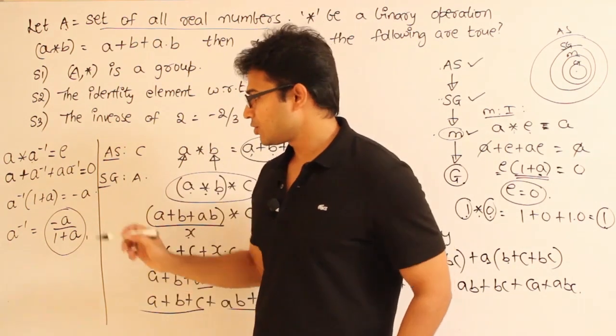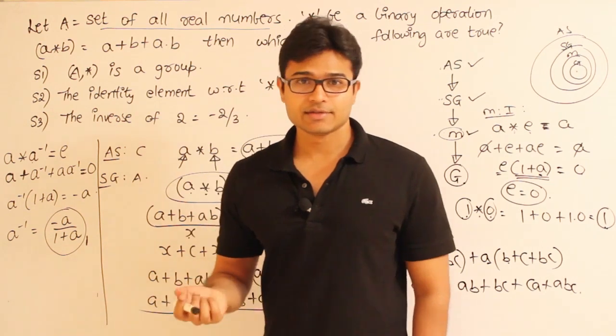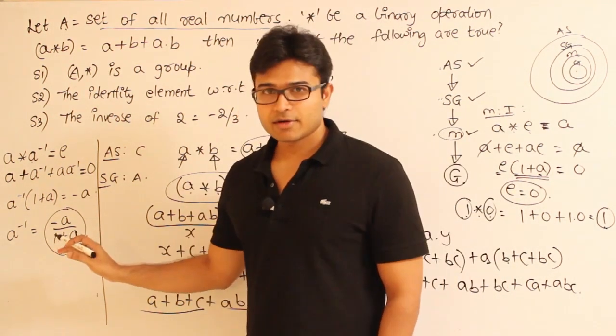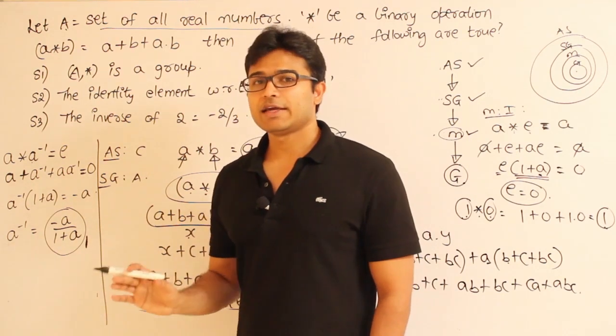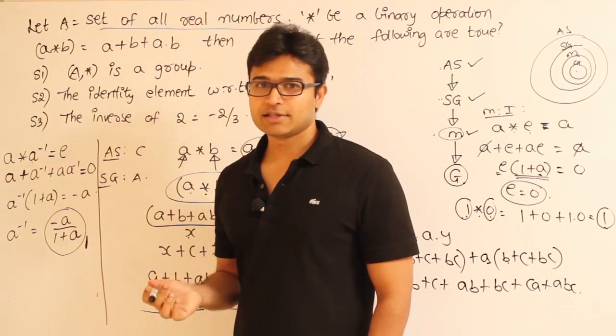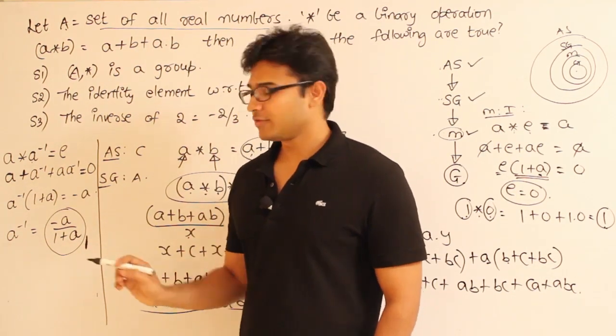So let's see if it is really possible. In this case, it is possible. The reason is simple. If you take any number and substitute it here, it will definitely have an inverse except one number. So what is that number? Can you guess it? You can see that for A equal to minus 1,